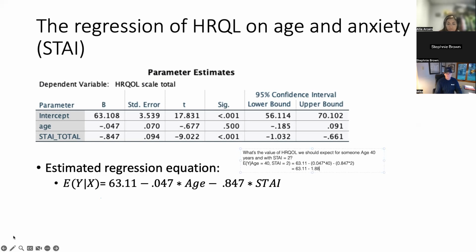Minus 1.88 and minus 847 times 2 minus 1 minus 6, 9, 4. Let me get, oops, 3.11 minus 1.88 minus 694. So we would expect